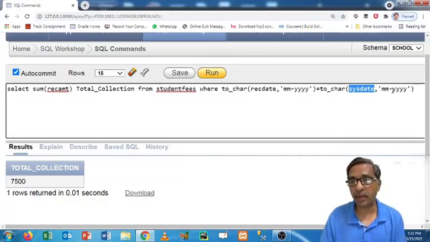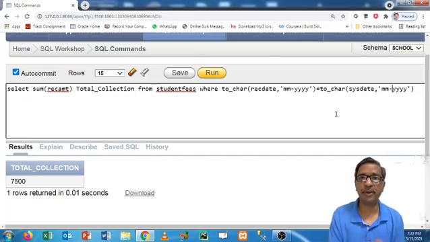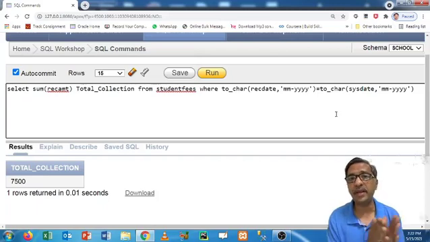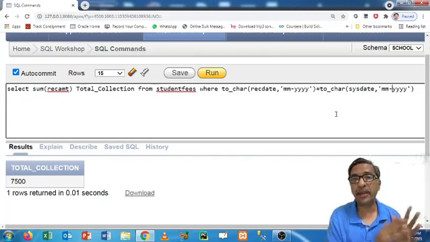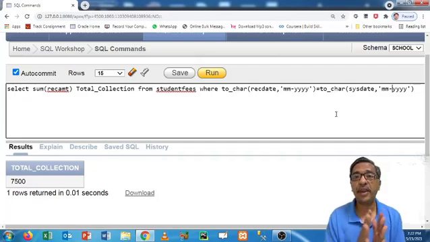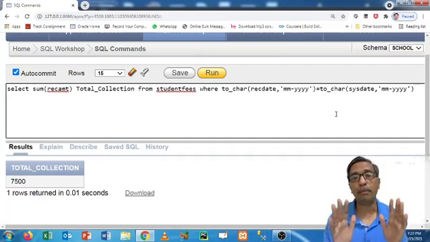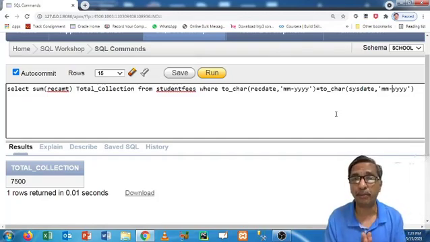So if you take current month only, like here, if you take only MM, just a few minutes back I told you, if you consider only month, it will consider previous years also. So my dear students, whenever the query is like find current month, don't focus only on month. With month you have to focus on year also. Remember that this is very important, because generally in a hurry we consider only month and write only MM. But don't write MM. Whenever it is a question, he 100% will ask you the question on month only. Current month collection I want. So we focus only on month, so we give only MM.